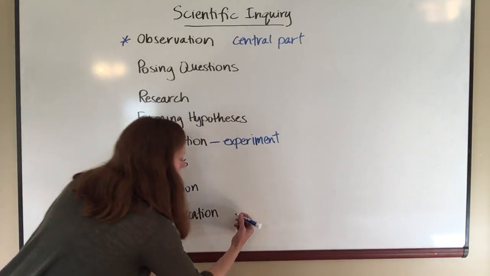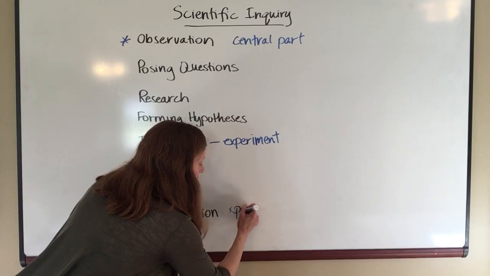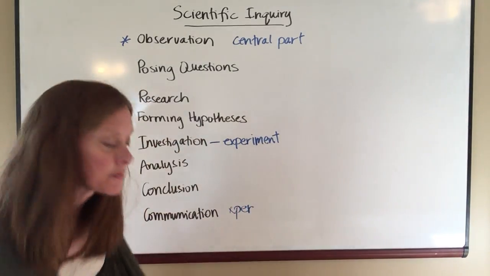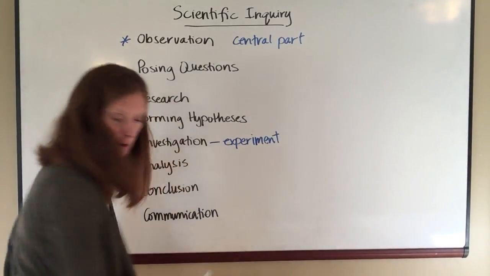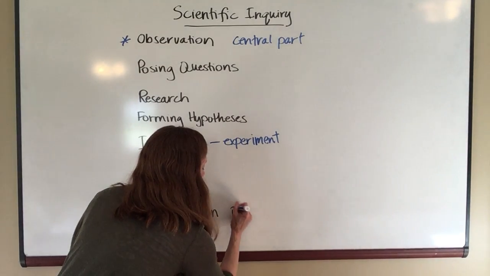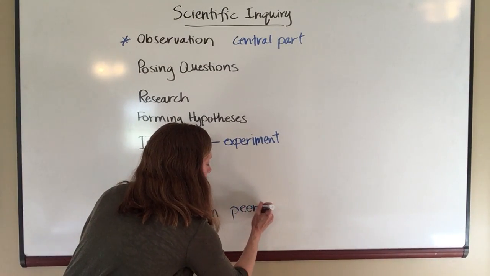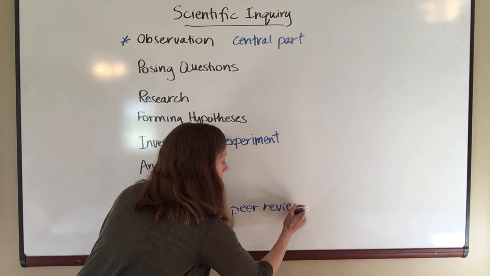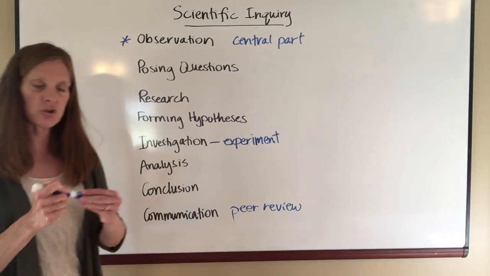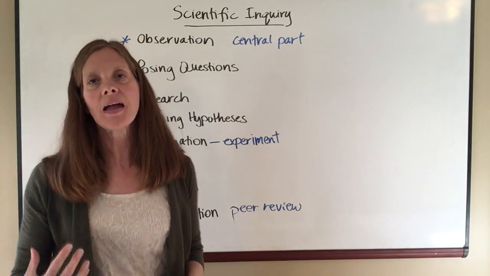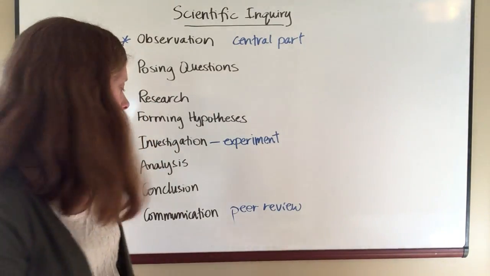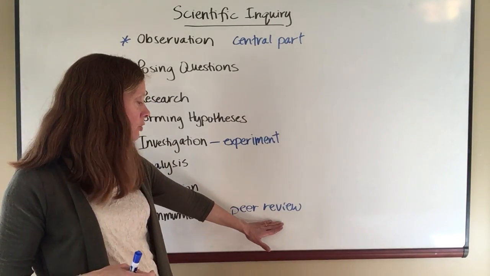In the case of science, this is often, if I could spell that correctly, it would help. This is often communicated via what's called a peer review. And a peer review just means that as a scientist, if I have done some kind of an experiment, then I am going to